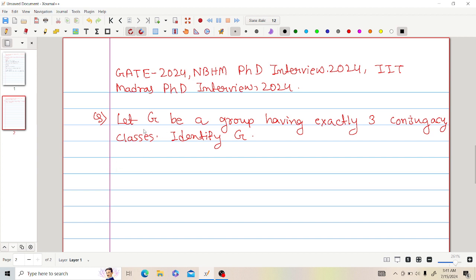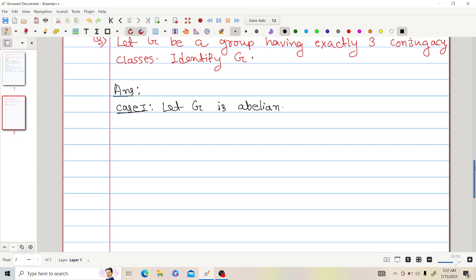The problem is: let G be a group having exactly 3 conjugacy classes, then identify G. So let's solve this problem. We divide this solution into two parts. First, consider the case when G is abelian. Let G be abelian. Then